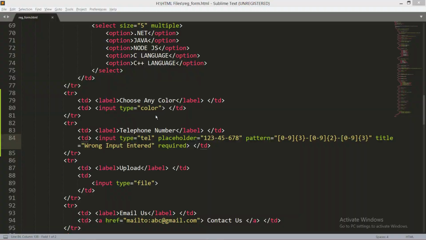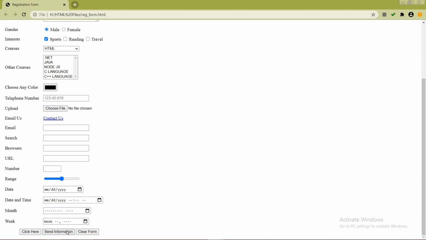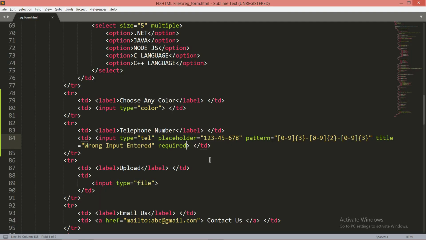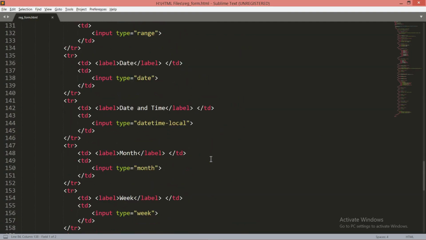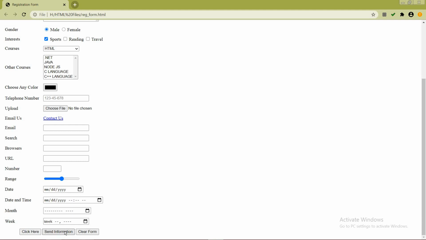Now you can see the output. If I refresh the page, before filling in any value, if I click on this submit button, you all know this is the submit button. Here I made this at the bottom of the web page, this is your submit button, used to submit the form. If I click on this button, you can see